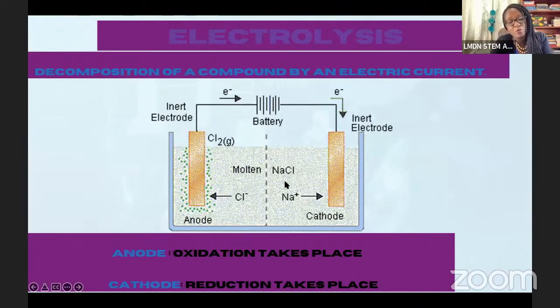So it's clear to us, we know straight up that the sodium is going to go towards the cathode. There are no other cations to compete with this for the cathode. And similarly over here, there are no other anions to compete with the chloride ion for the anode. So that's what we mean. There's no competition here. We know what's going to happen because it's molten NaCl. There's no water in it to contribute its own ions. Even though water is only weakly ionized, it still has ions that could potentially compete. But in this case, because it's molten NaCl, it's not going to compete, right?